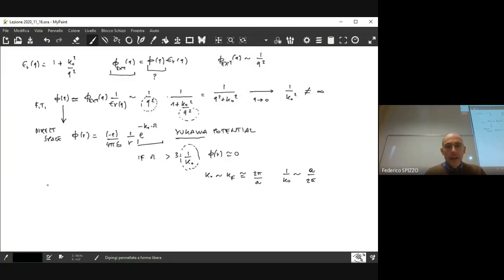For the moment, I have always made the calculations concerning infinite solids, because the Born-von Karman boundary conditions are not conditions that tell us what is the behavior of the surface. Those conditions just tell us that we want to have propagative solutions of the Schrödinger equations, and so we transform the solid into a three-dimensional torus. So no actual effect of the surface is included into the Born-von Karman boundary conditions. But if you consider the surface,